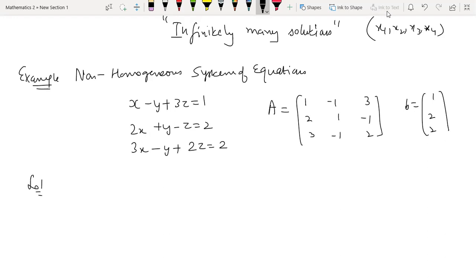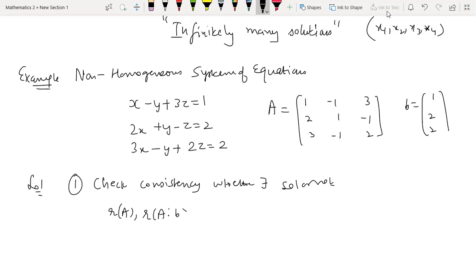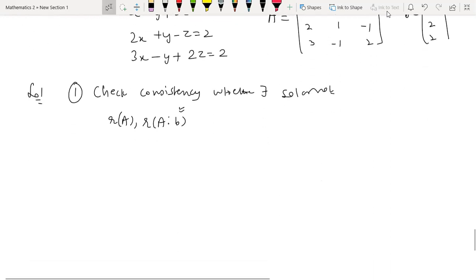So the process of solving a non-homogeneous system of equations is, firstly we will check consistency, meaning whether there exists a solution or not. For this, we will be using that theorem. That theorem requires you to compute the rank of A and the rank of the augmented matrix AB. So you will see that you don't need to find two ranks. Rather, we will be directly working on the augmented matrix. It will give you both ranks automatically, the rank of A as well as the rank of the augmented matrix. So let's construct the augmented matrix and do this step, and then we will comment further.